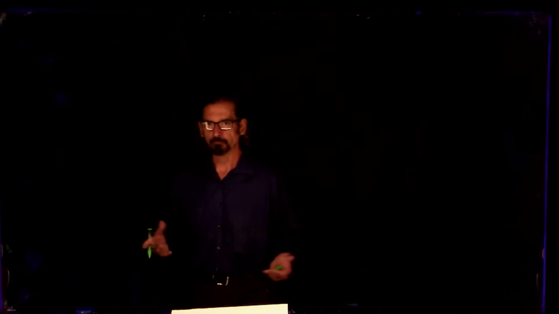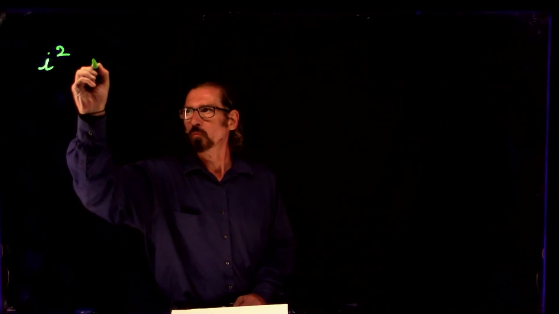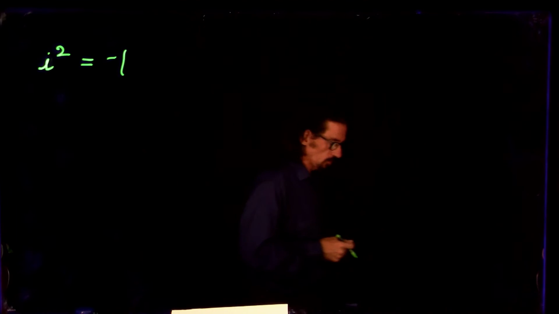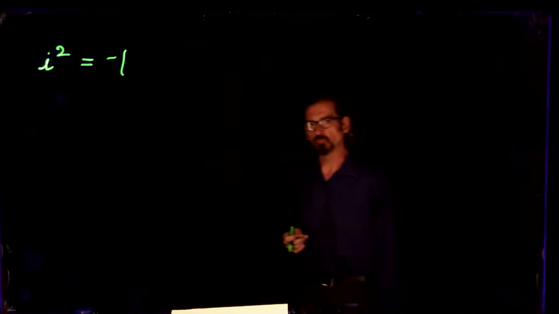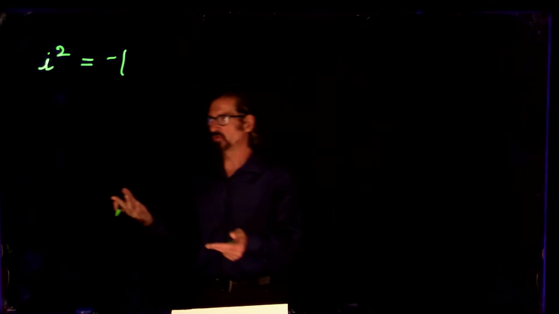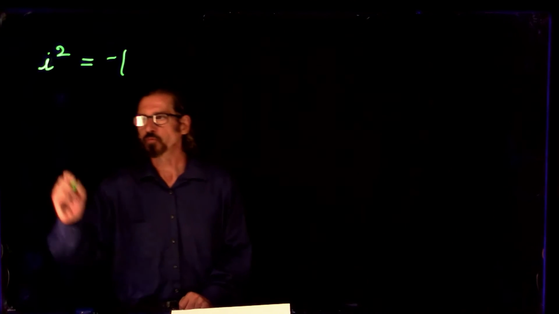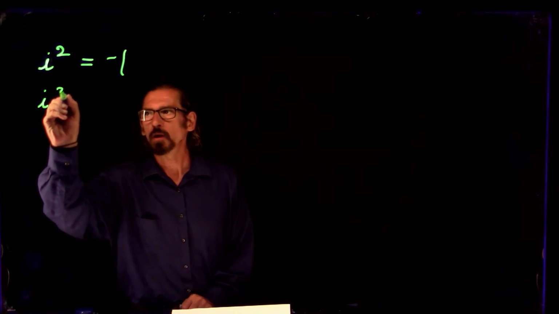As a final topic, we're going to talk about powers of i. Really, this is a special case of multiplication, but remember that when we define i to be the principal square root of -1, when we square both sides, we get i squared equals -1. Well, if we take that further, i cubed,